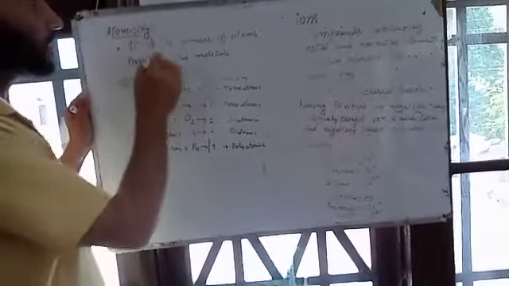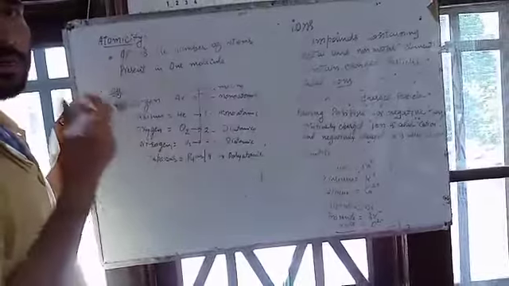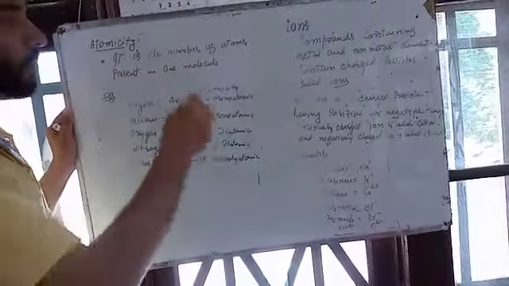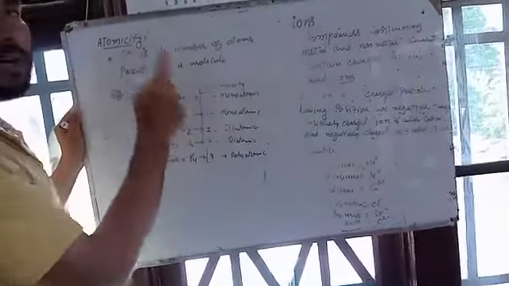We are going to learn about atomicity. What is atomicity? Actually, it is the number of atoms present in one molecule. How many atoms? That means there can be 2, 3, 4, 5, or many atoms present in a molecule. The number of atoms present in a molecule is known as atomicity. For example,